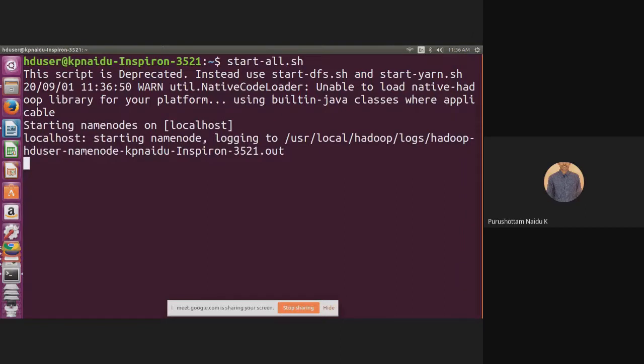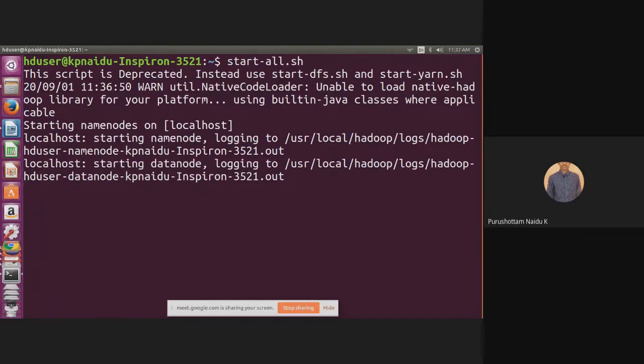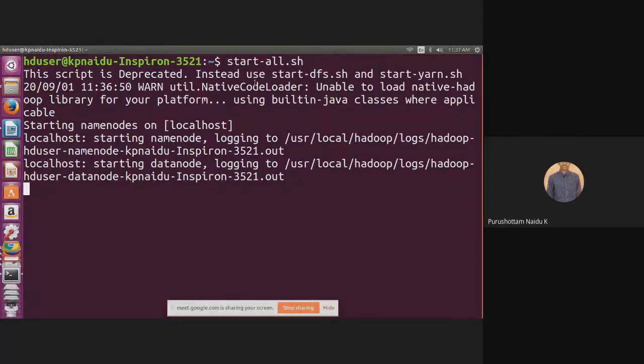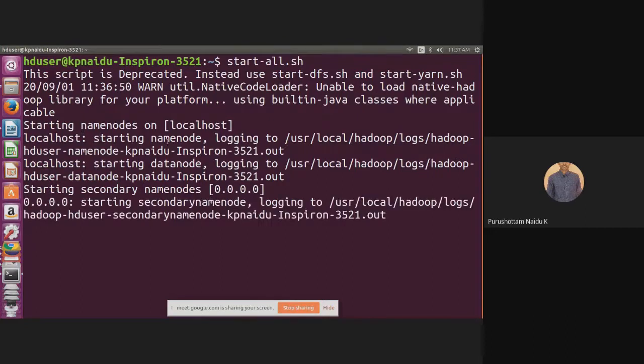We already discussed the building blocks of Hadoop: the name node, data node, secondary name node, and resource manager. All those services are started when we give this command. Likewise, it starts all the nodes.